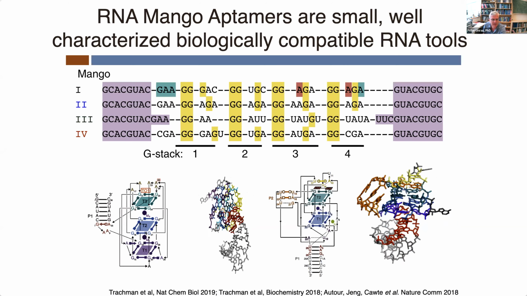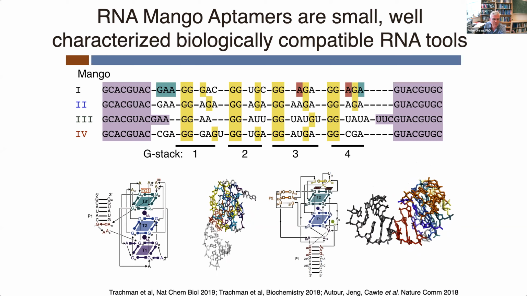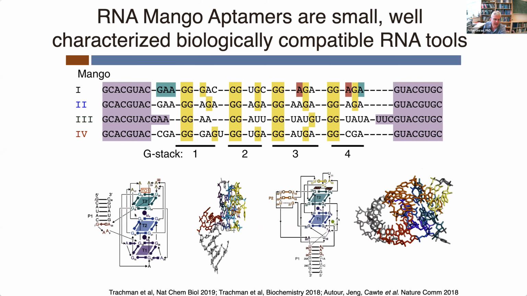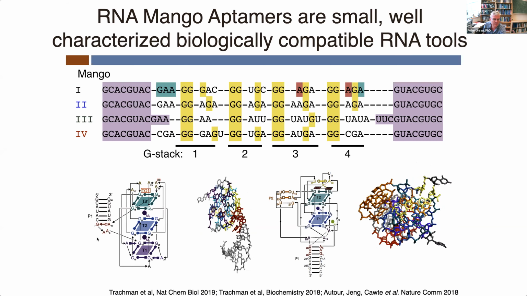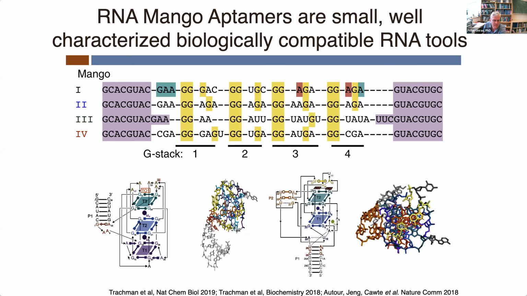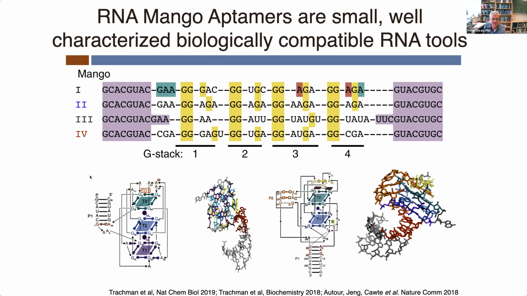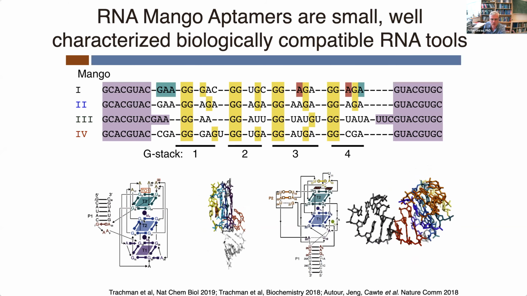Mango 2 is floppy. It has a fluorogenic module built out of a G quadruplex that binds tightly to its dye, but that can flop around in space relative to a stem loop, which has a little adapter motif that feeds it into this quadruplex core. So this can go off into biology very easily, and this can be the fluorogenic reporter.